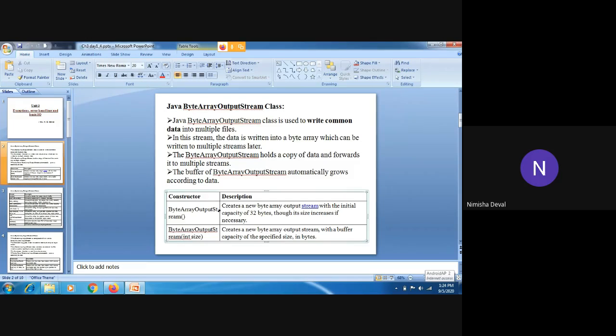Now you can see that whenever we use the default constructor, by default it provides 32 bytes as the buffer size. And whenever you provide the size of the buffer, it will take only that much size. So this is the advantage of both constructors. According to your use, you can use the constructor.